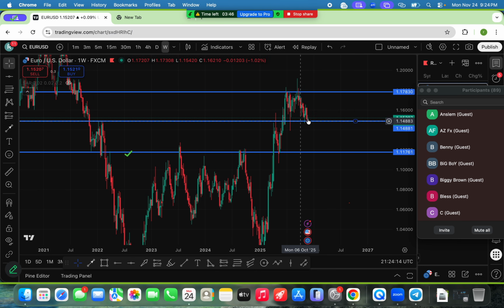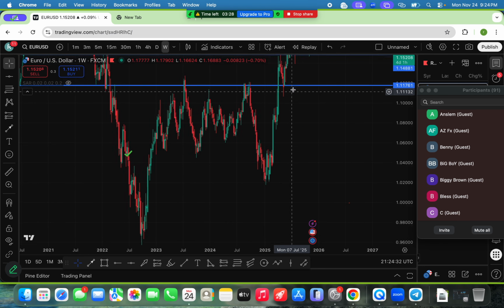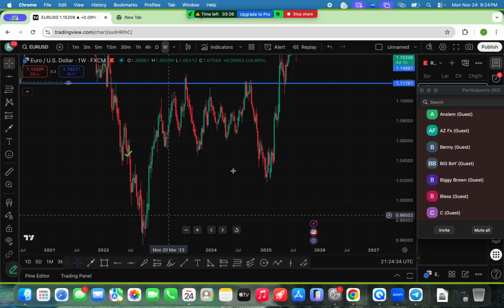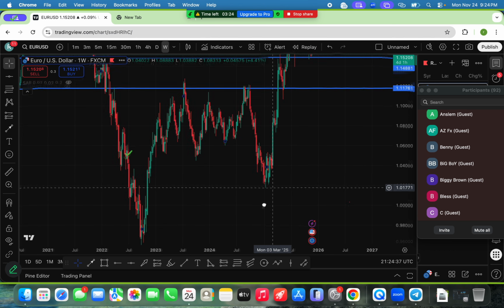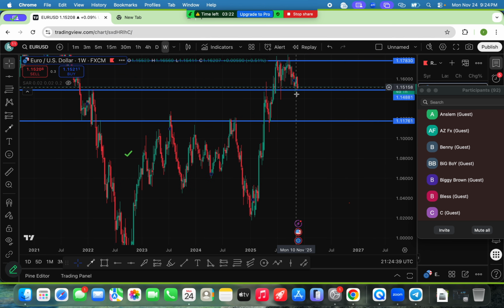Understand? Current price will give you the level you should be drawing your turning point at. So now this is current price, right? This is current price. So now we draw our turning point according to current price. You understand? Current price can't be here and you'll be drawing a turning point at this level. And you'll be drawing a turning point at this level. Whilst current price is at this level. So the current price will show you the level you should draw. You should draw turning points that are close to current price. Do you get it? You have to draw levels that are close to current price.